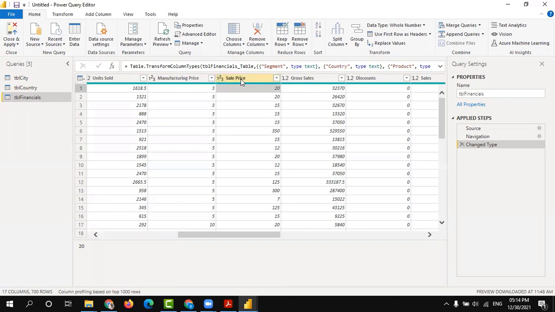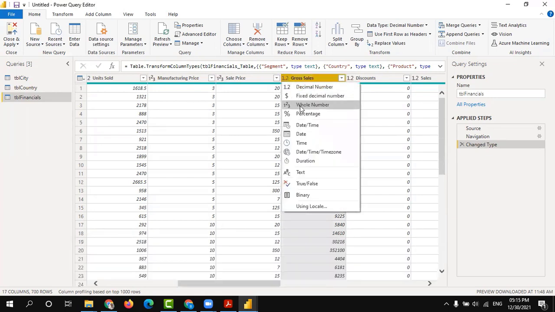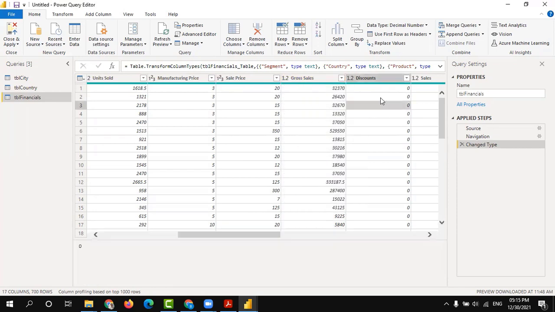Similarly, sale price, gross sales, and gross sales has some decimal places. You can see here 333,187.5, which is a decimal place, and that's why this field is recognized as a decimal number.